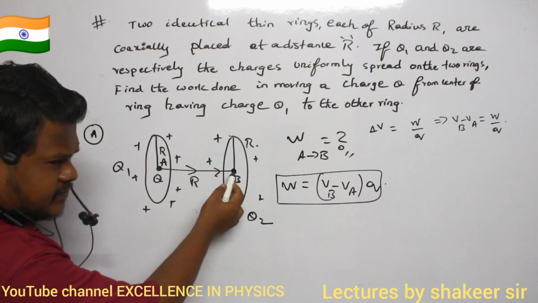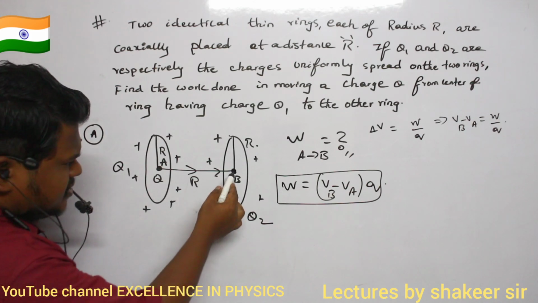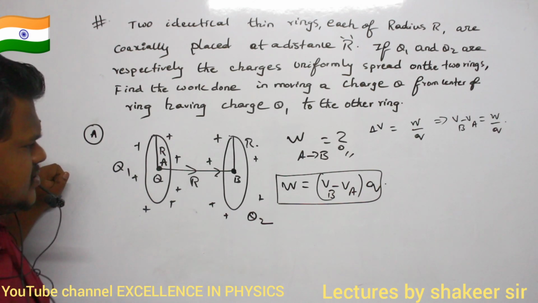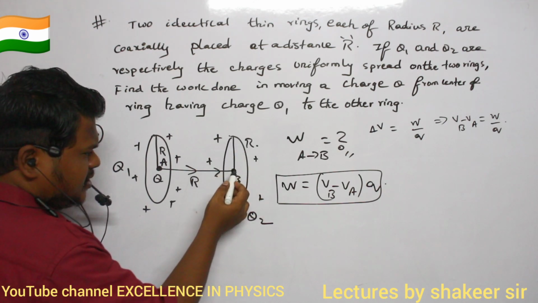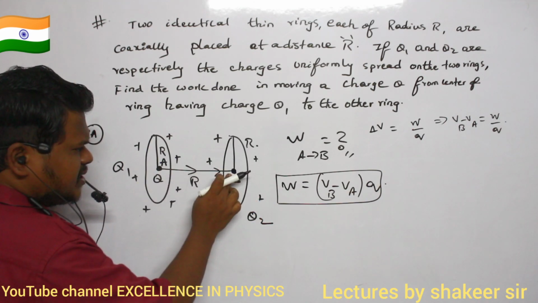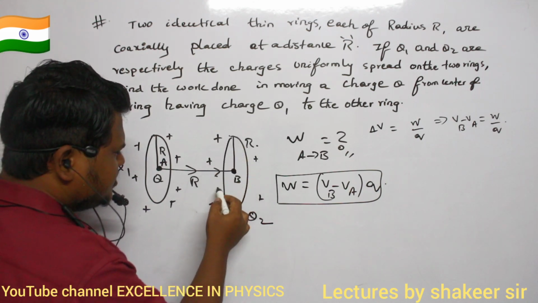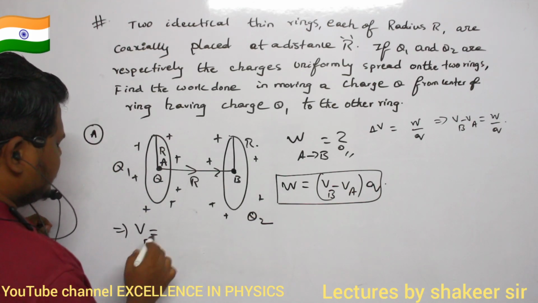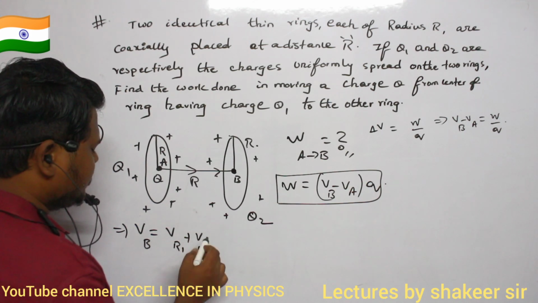Here the potential will be because of this ring and because of this ring also. So here there is potential because of the charge present on its own ring. Similarly, there will be potential because of the other ring also. So this potential also will be acting at this point. Are you able to understand? So this total charge is symmetrically distributed from this point. So how can I calculate potential at point B? Potential at point B is potential due to ring 1 plus potential due to ring 2. Two potentials are present.